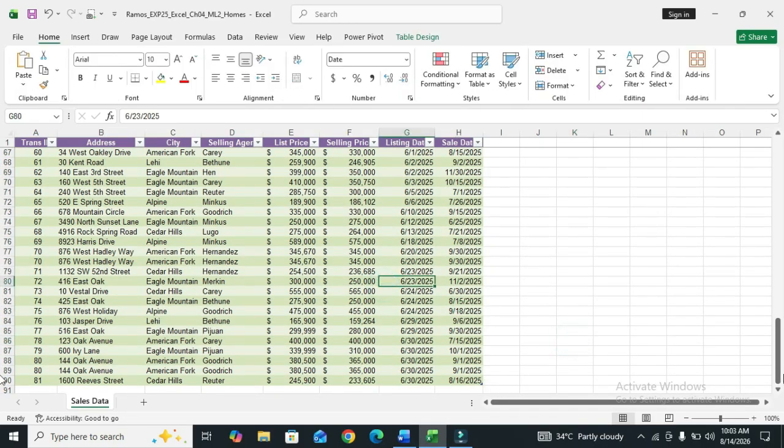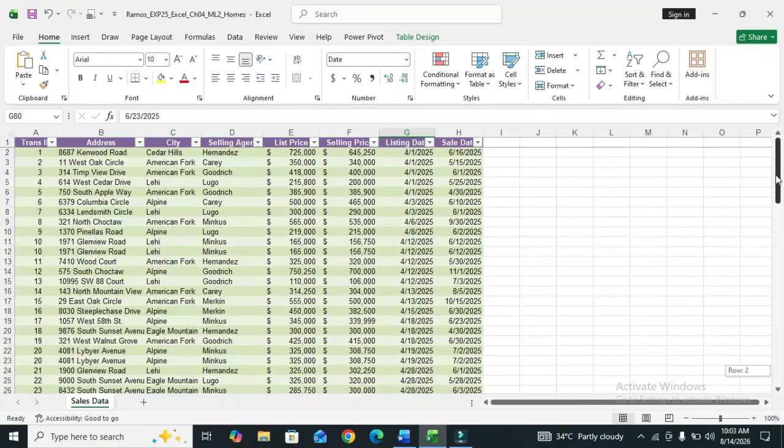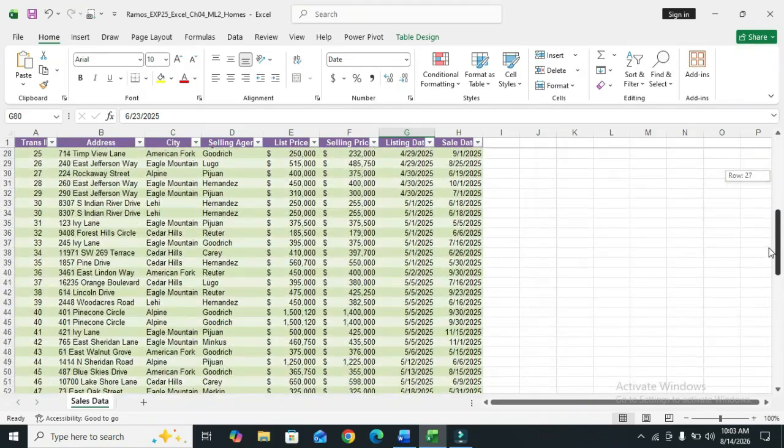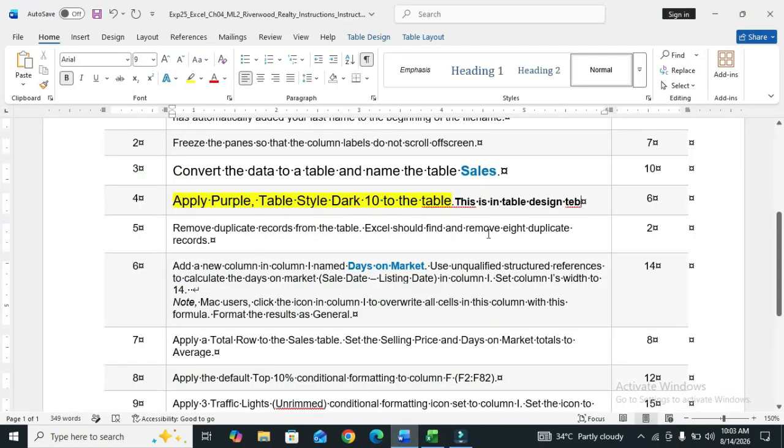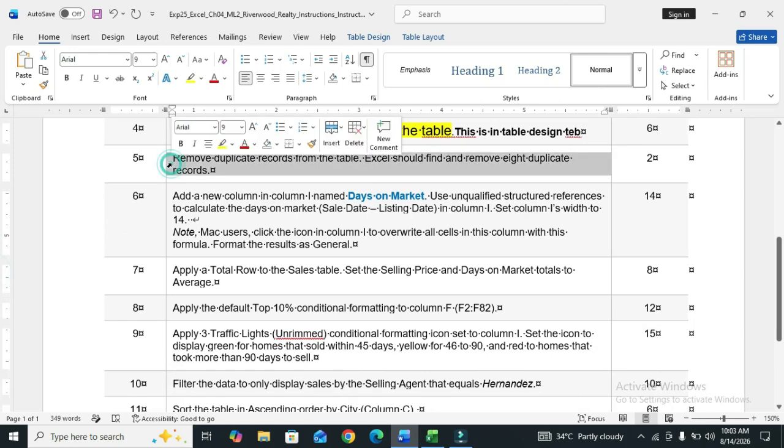The Purple Dark 10 color is applied. So step number 4 is completed.